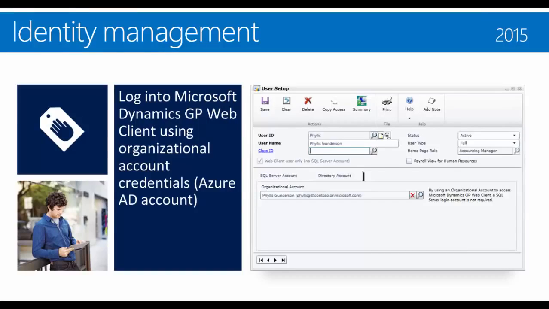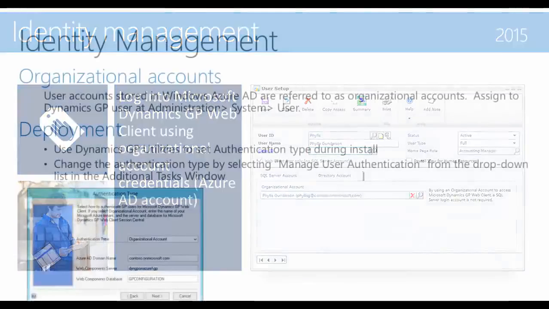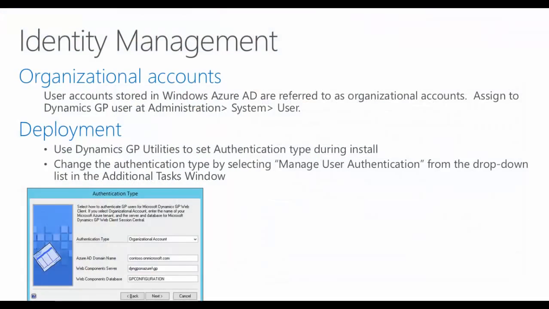GP users will have the ability to log into the GP Web Client hosted in the cloud with the same credentials as they use to log into other cloud applications. So think Office 365 or CRM Online, or whatever apps use this sign-on experience. When we think about organizational accounts, these are user accounts stored in Windows Azure Active Directory, and they're referred to as organizational accounts. You can assign one to a Dynamics GP user in the user setup window by going to Administration, System,